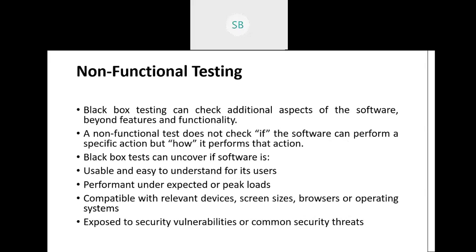Next is non-functional testing. I kept repeating in the last class also that non-functional testing is something that will meet the user expectations that are not mentioned in the user requirements. User requirements are fulfilled by functional testing. To check whether whatever was demanded by the users is fulfilled or not, we go for functional testing. But non-functional testing will help in meeting the customer expectation. Now, how is black box testing done here?